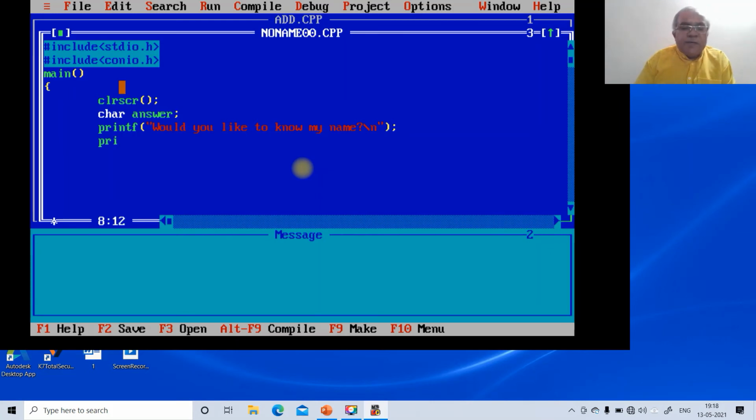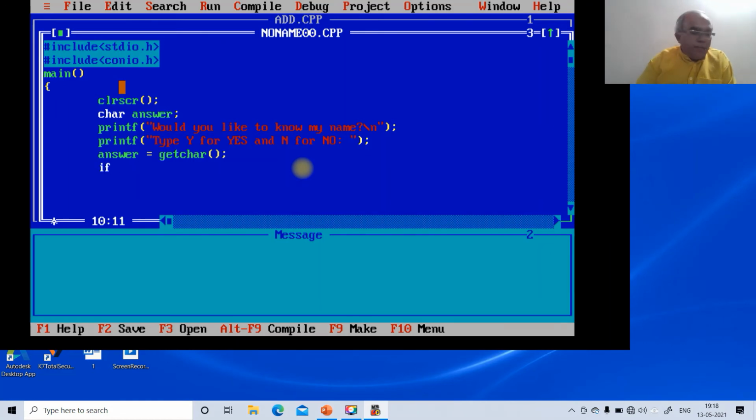Then printf, type capital Y for yes and capital N for no. Then give one space and quotes, then give the output. We assign the answer variable the getchar function. So here this getchar will execute as the input. We are giving the input there.